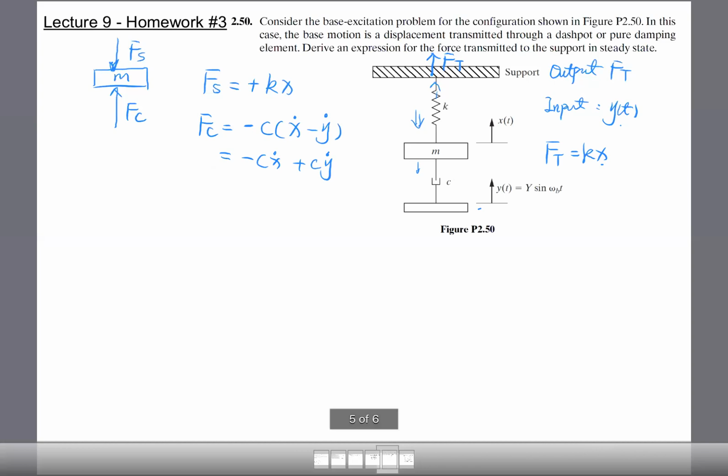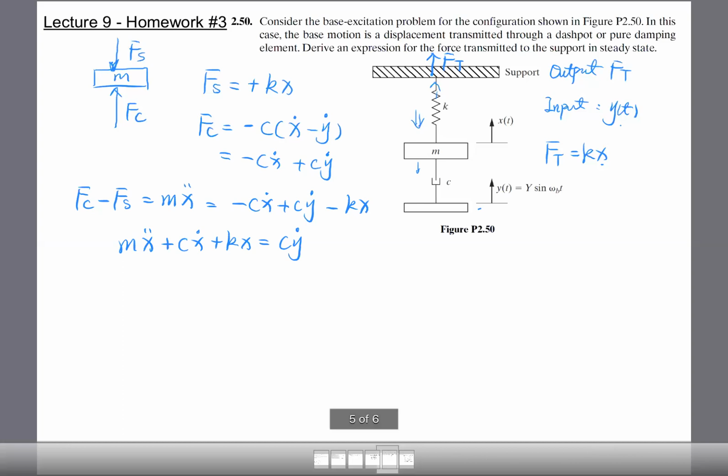Okay, so we have Fc minus Fs equals mass times acceleration. And then we can plug everything back. Your Fc is minus Cx dot plus Cy dot, minus Kx. And then, of course, we move all the terms related to x to the left-hand side. And then, again, we want a transfer function. We want output and input as Ft and y. Ft is not that straightforward, so we can